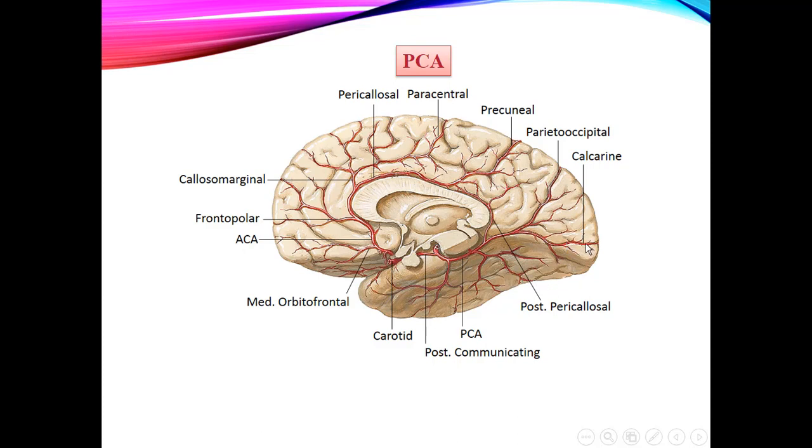These branches, as you see, supply the occipital lobe, and as you know, the occipital lobe contains the visual areas. So occlusion of the PCA, or posterior cerebral artery, may result in anopia or anopsia. And as you know, anopia means loss of vision. Okay,